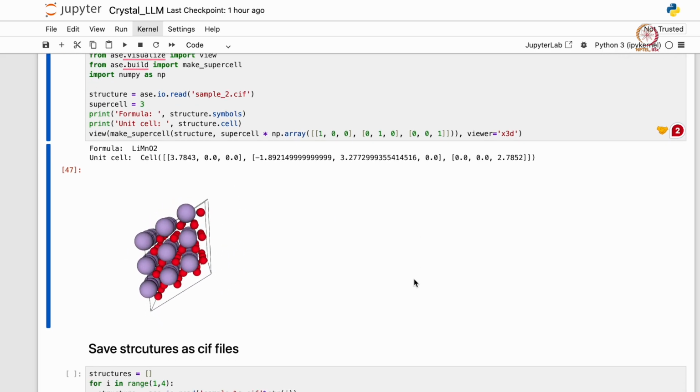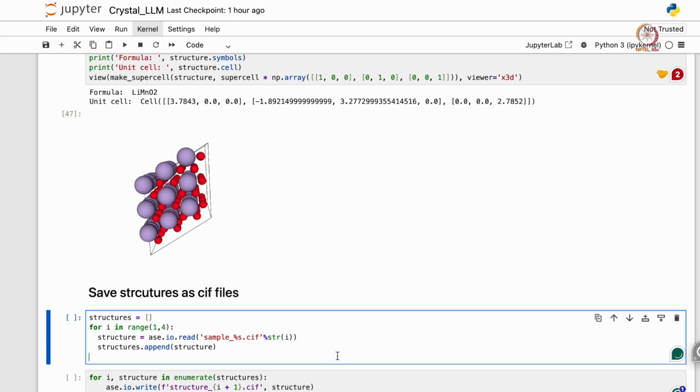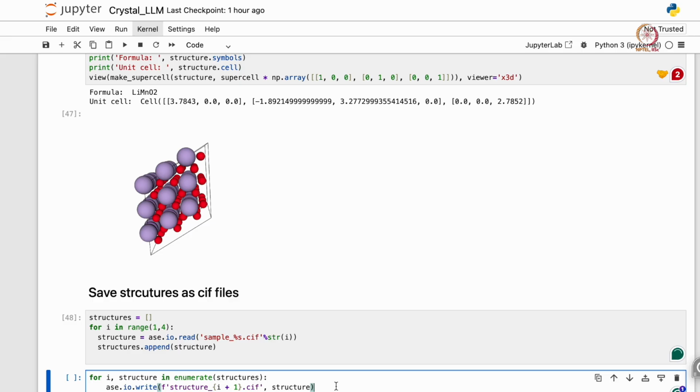Once you have the generated CIFs, you can save them as CIF files and later use them as inputs to other GNN models for property prediction or formation energy prediction, like the one we did with transfer learning in ALIGNN. That's a very nice exercise: generate structures using this generative model, and use other neural network models like ALIGNN to predict properties of the generated files. So that brings us to the end of this tutorial on CrystalLM. We will see you in the next tutorial. Thank you.